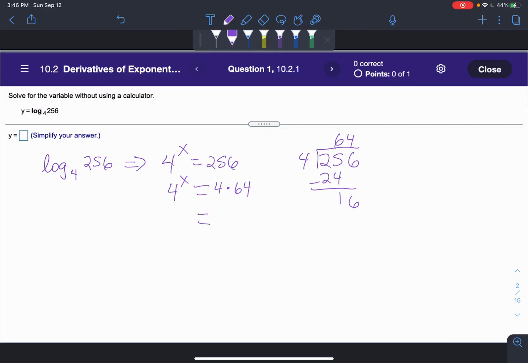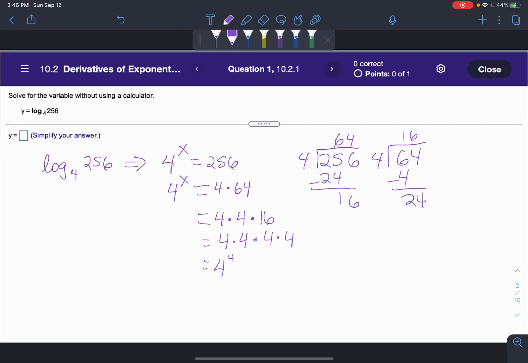So let's continue on. Can I take out another 4? Let's see. So 64 divided by 4 gives me 16, right? And by now, we can also just write 16 as 4 times 4. So we see that on the right-hand side, we have 4 written down 4 times, so we can rewrite it as 4